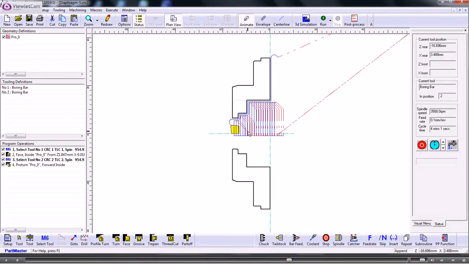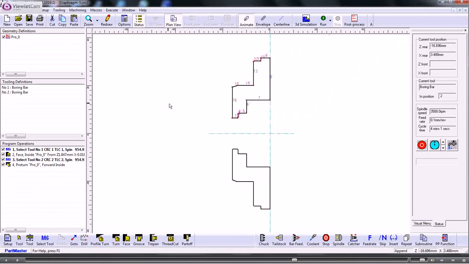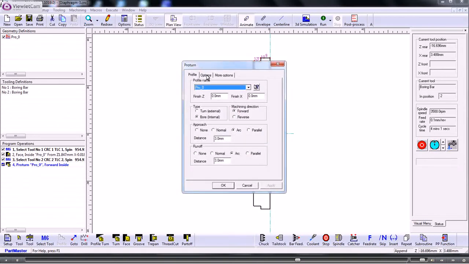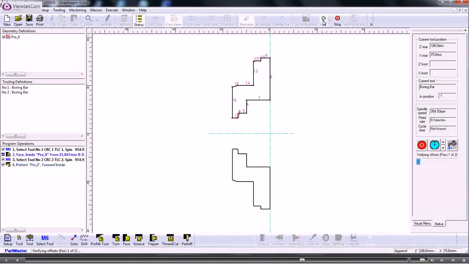If we don't want it to do that, then we need to limit the number of spans. So if we click on the options tab here, we switch on number spans and it tells us the spans that are there. So now we can go back and modify this profile turning operation, and we'll end the machining at span number 7. So if we now simulate that,